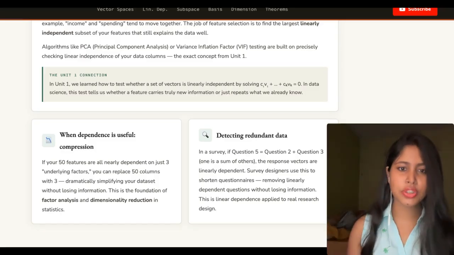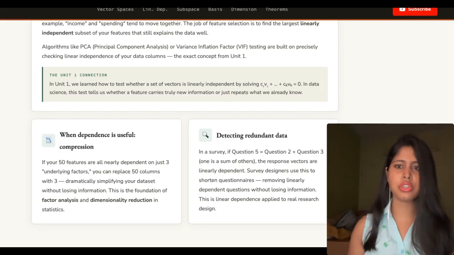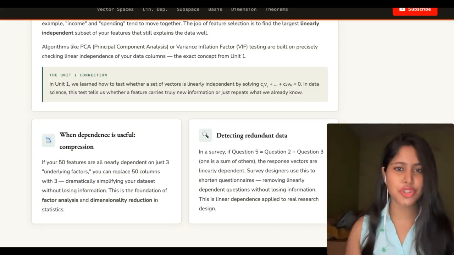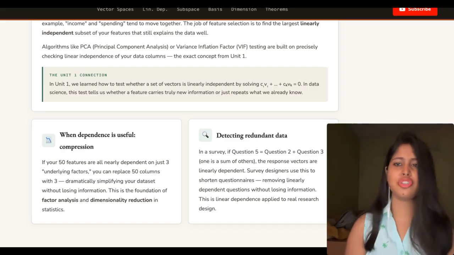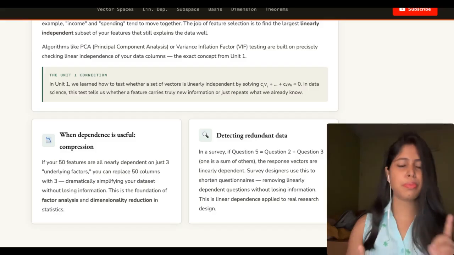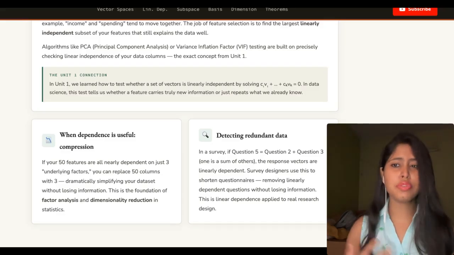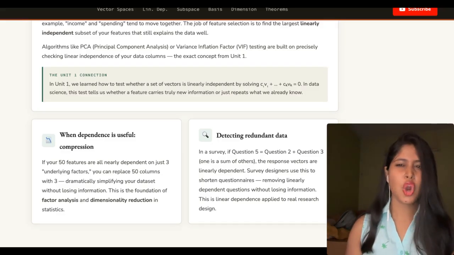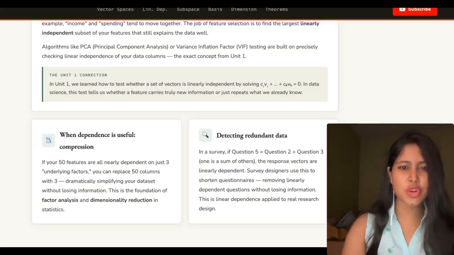So basically, what you did is you have compressed the data massively without losing information. This is the foundation of dimensionality reduction, something we'll touch more on when we discuss dimension in today's class only. Okay, so linear independence and dependence from unit 1 directly translates to one of the most important diagnostic checks in applied statistics. For example, are your features giving you genuinely new information, or are they secretly the same thing wearing different clothes? Okay, now coming to the next topic.